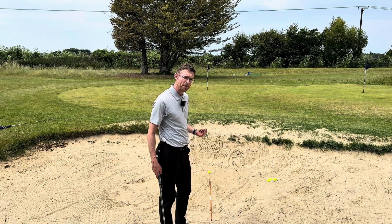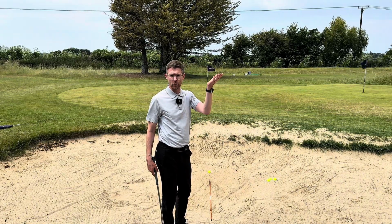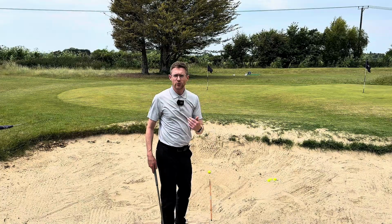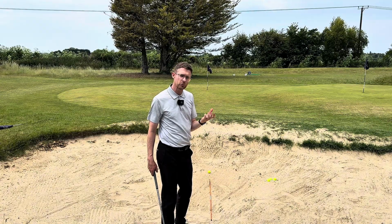Let's talk short bunker shots. It's a really tough shot to play, actually, especially if we've got a high lip to go over. Now, I know what you're thinking, I haven't got a high lip to go over here, but use your imagination. I'm going to try and play this shot as high as I can to recreate the shot that sometimes players